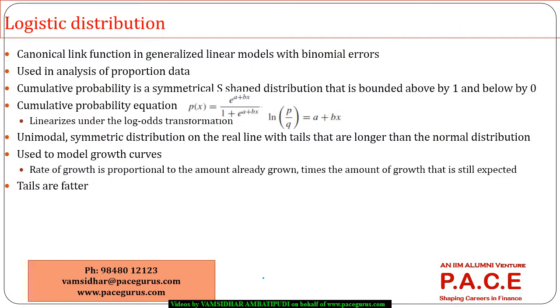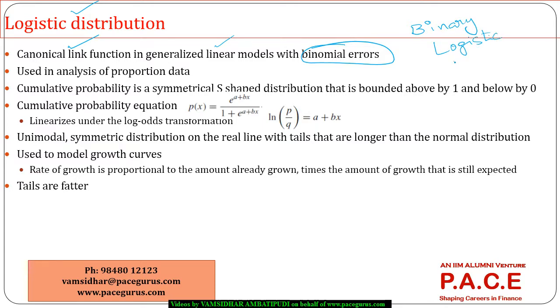Then one more distribution which we really need to understand in the context of data analysis is the logistic distribution. At a later point we'll be discussing more and more about it, but it is one of the important distributions, especially in the generalized linear modeling, which we'll be taking up later. Especially when the errors are binomial in nature. So it's a link function. So we'll use it very heavily in a mechanism called binary logistic regression,